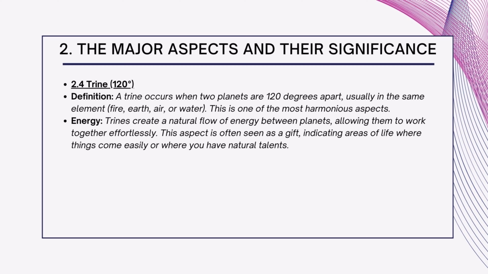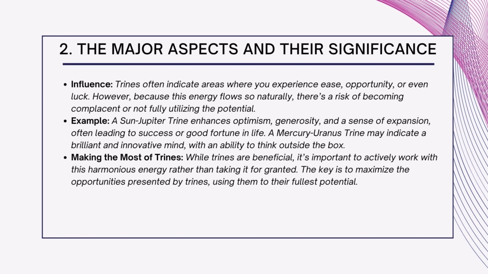This aspect is often seen as a gift, indicating areas of life where things come easily or where you have natural talents. Influence: trines often indicate areas where you experience ease, opportunity, or even luck. However, because this energy flows so naturally, there's a risk of becoming complacent or not fully utilizing the potential. Example: a Sun-Jupiter trine enhances optimism, generosity, and a sense of expansion, often leading to success or good fortune in